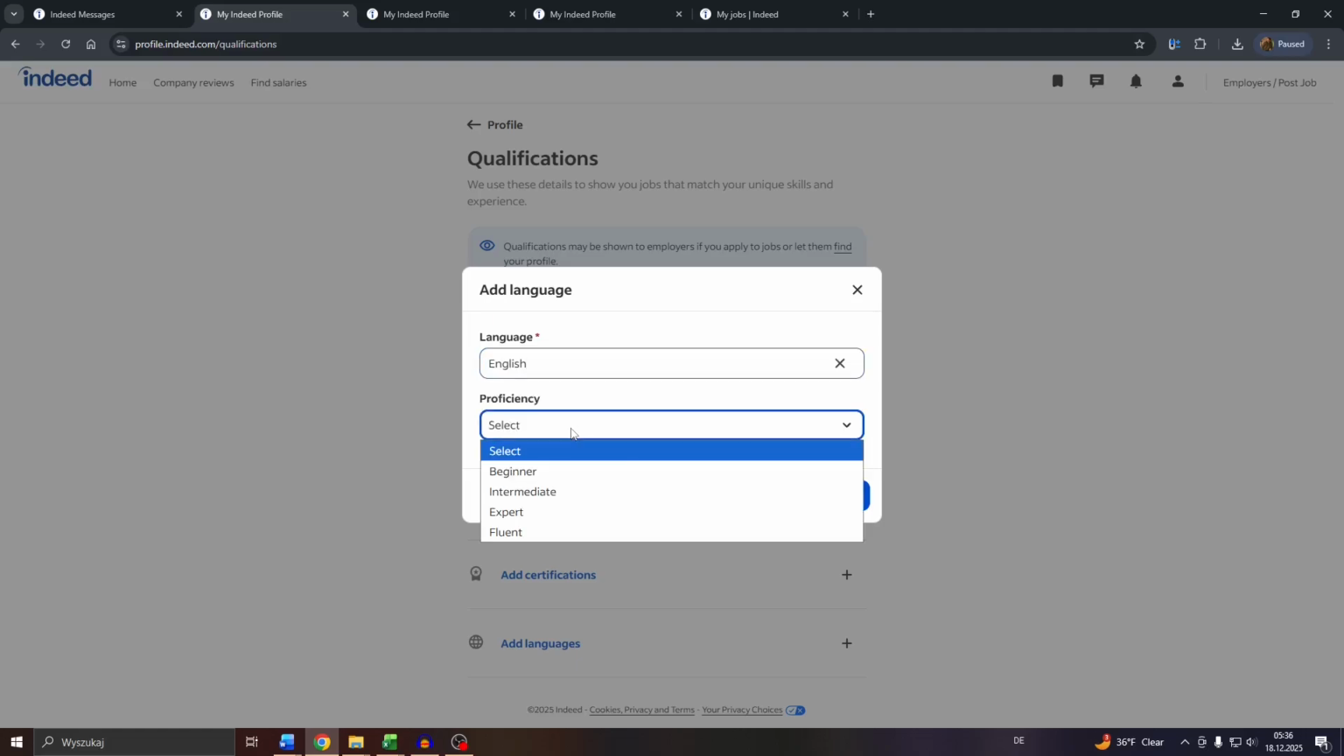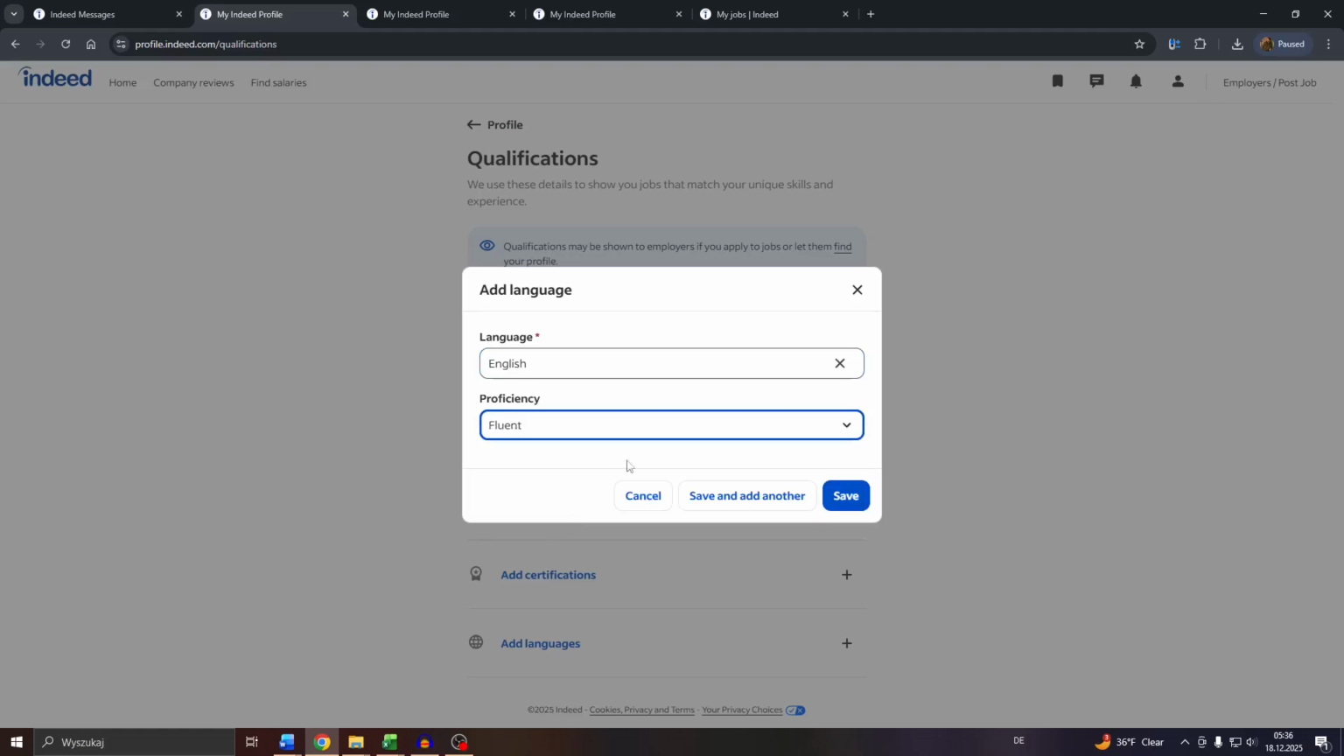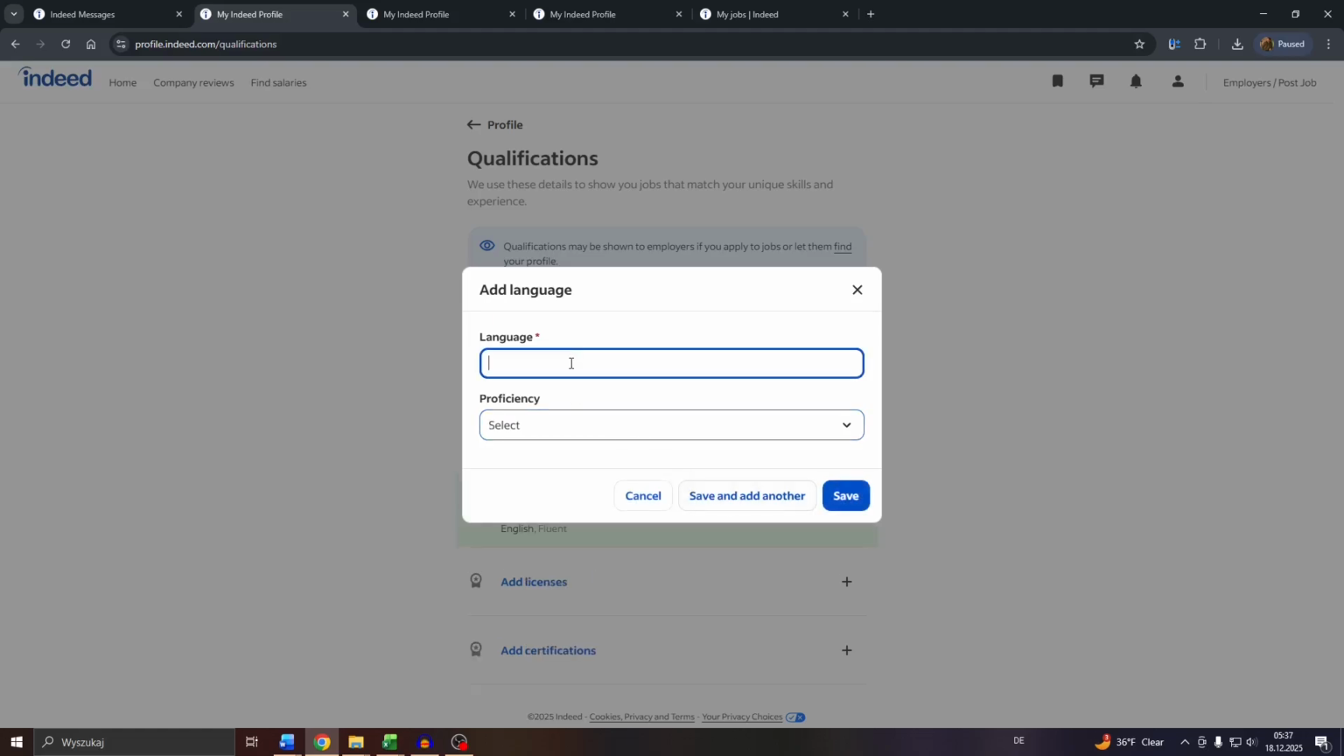level, for example, or intermediate, beginner. So select one of these four, and you may add more languages you speak, for example, on a native or fluent level or intermediate by clicking into this button. So let me add another one,